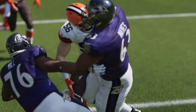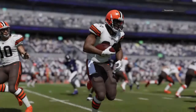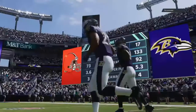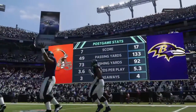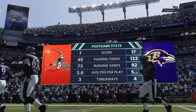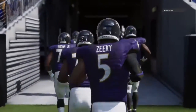I think what we saw in this one, today's defense. And what I mean by that is in the old days, pitching shutouts was big time. That was paramount. But the big thing was holding people down, holding down their yardage, right? Don't let them throw the ball through the air and gain a lot. But now, it's about taking the ball away. Taking away possessions, getting the ball back for their offense. They had 3 takeaways in this one, and it led them to victory. So for Baltimore,